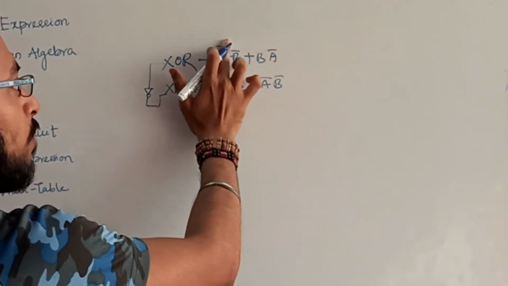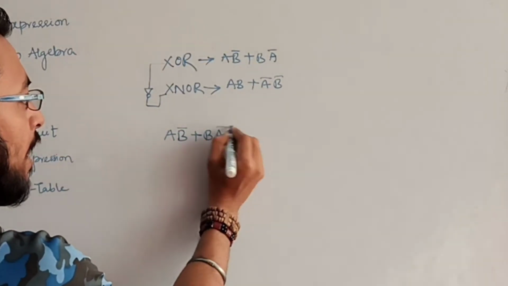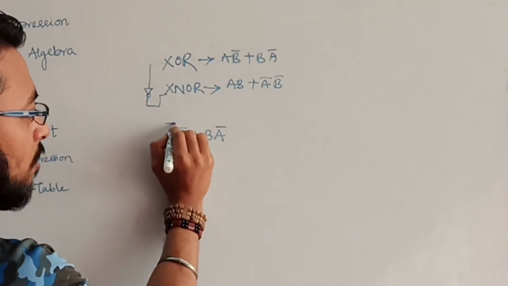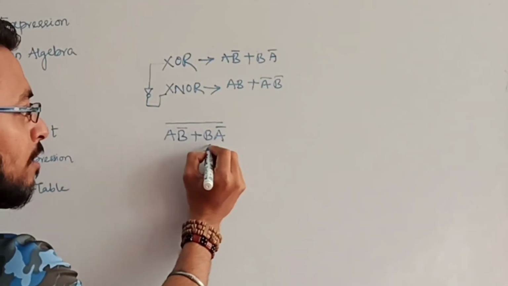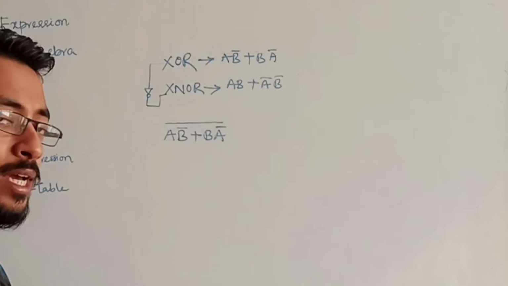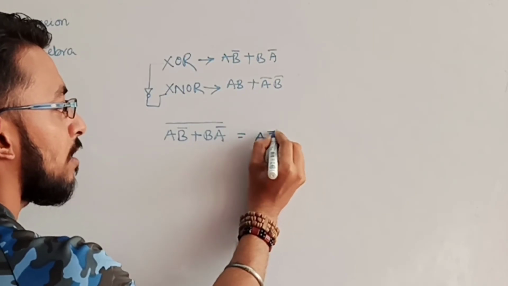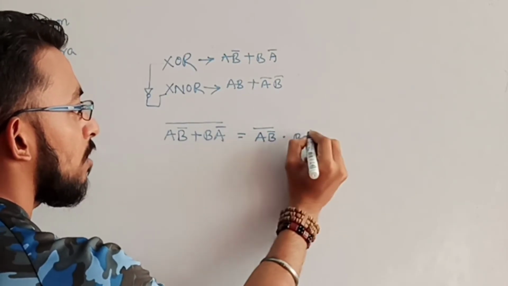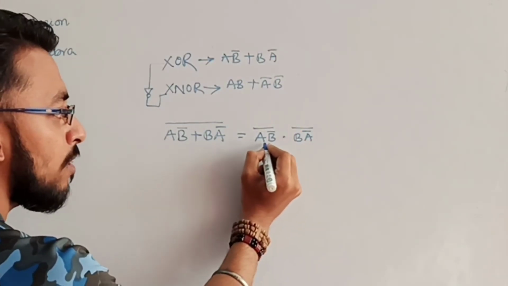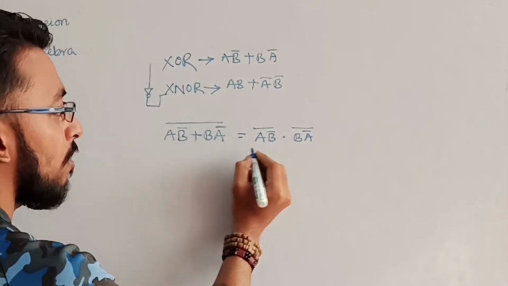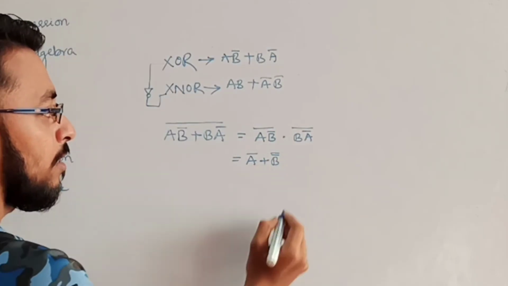So let's see how by putting a complement we can find this one. So A B bar plus B A bar. What I have to do is take one NOT operation, that is nothing but complement. Now you see, this looks like one x, this looks like y, and the whole bar is there. So it can be represented as x bar dot y bar, which is nothing but (A B bar) whole bar dot (B A bar) whole bar. Again, we can apply another De Morgan theorem, which gives A bar plus B bar bar, dot